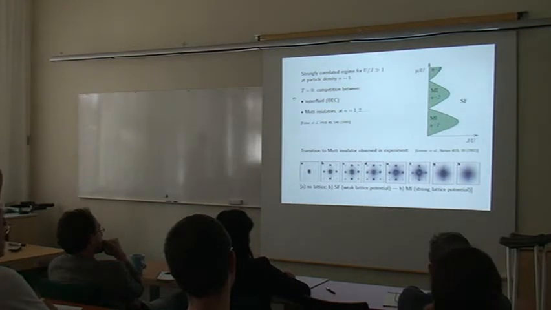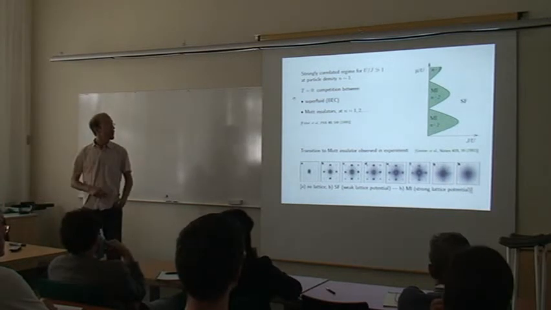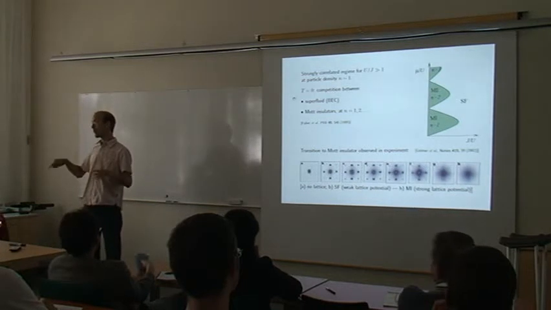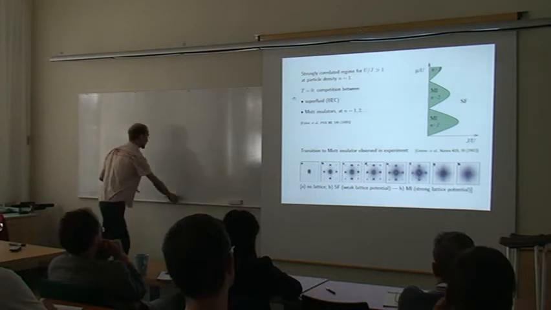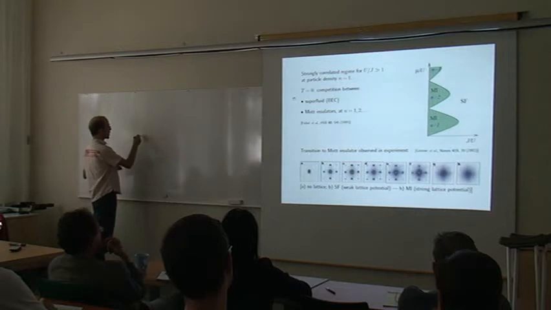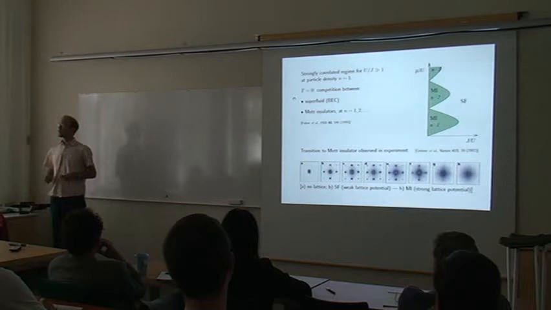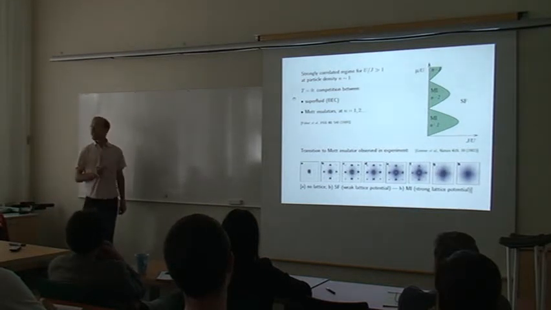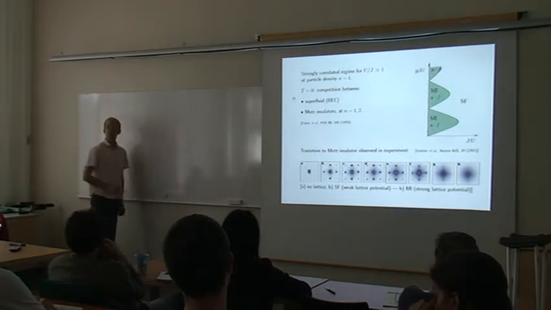Why don't you see Bragg peaks in the Mott insulator? So in the Mott insulator you have no phase coherence between different sites. Basically you have to think of this as a lattice, and if you have a superfluid, then it's like having a little Bose-Einstein condensate in each of these lattice sites, and they have some coherent phase which is the same all over the system.